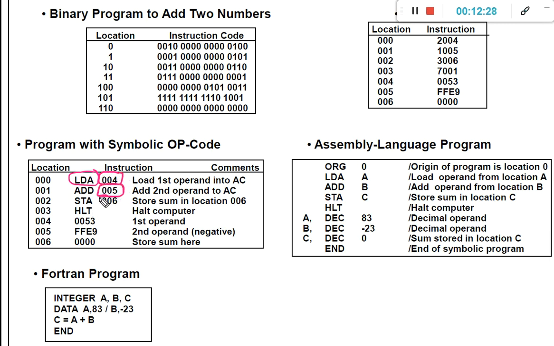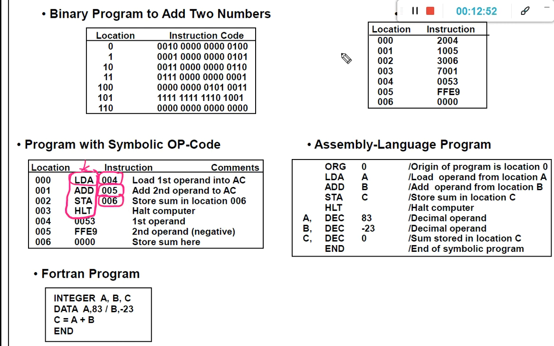These 3 are hexadecimal only. This code represents a single hexadecimal value, whereas these codes will represent 3 hexadecimal numbers, which represent the address locations.